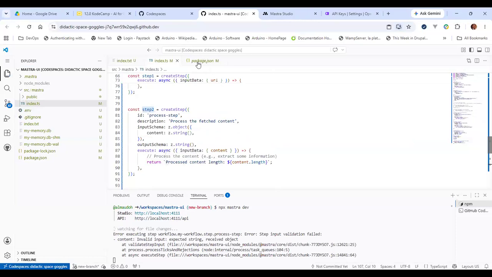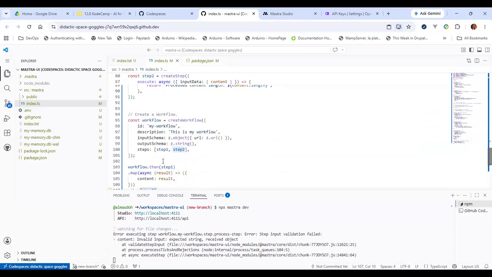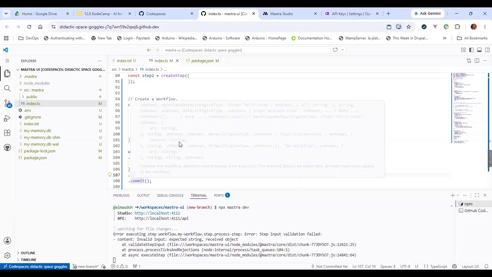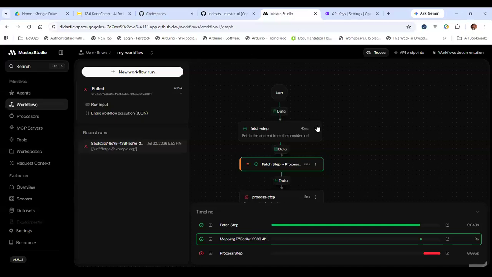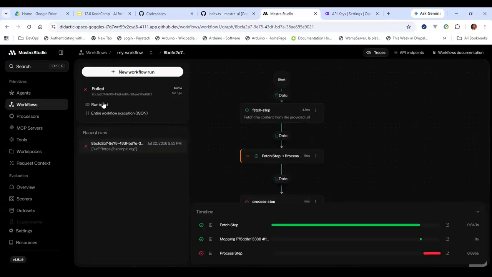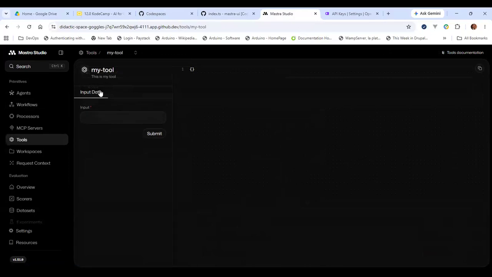We just chained them together in the workflow, which is step one and step two. Then we still added step one again at the end, then added step two again. So we effectively added the two steps over and over again twice. So I wasn't trying to do anything very practical or useful. I was just trying to show examples. If you check the tools, you'll see the two calls that we had defined that you can even call. This input is the URL or hello. Okay, this is a tool that echoes back what you said.